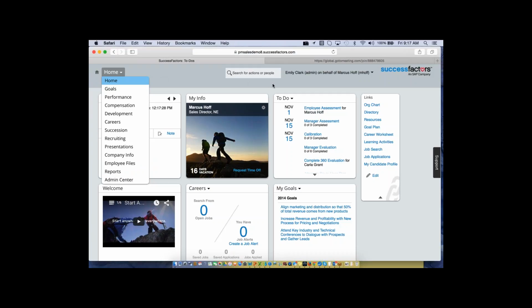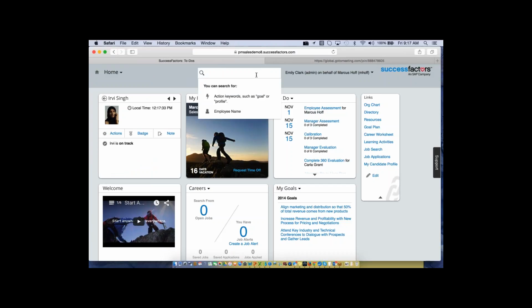Your actions and people search. This is where you can quickly locate information about a colleague, or if you're an HR administrator, you can type in an HR transaction depending on your access. So here I'm going to type in, let's just say I want some information about my manager, Carla Grant. Maybe I'm going to give her a call and I just want to see what her telephone number is. So I can just go ahead and start typing in her name,